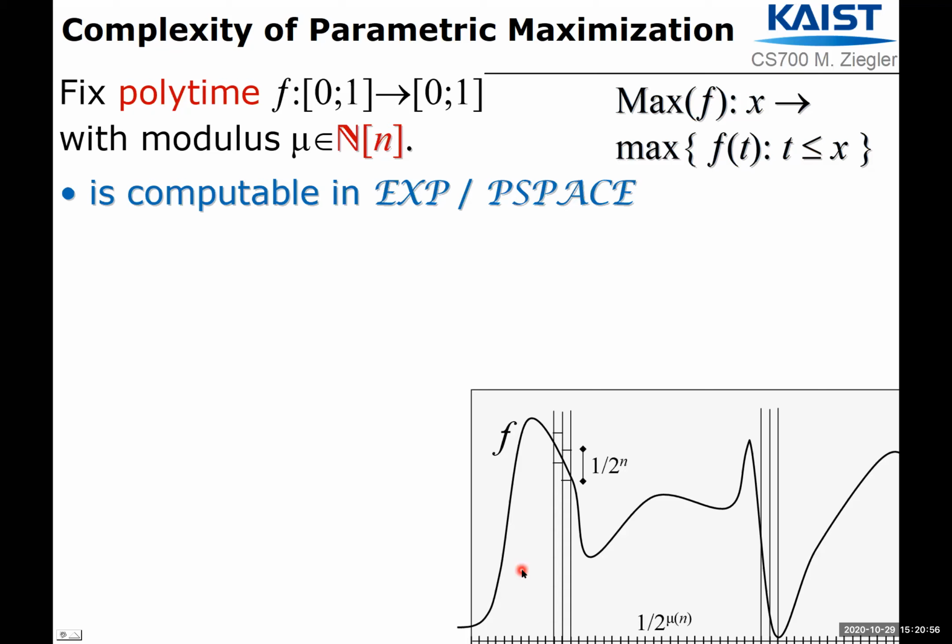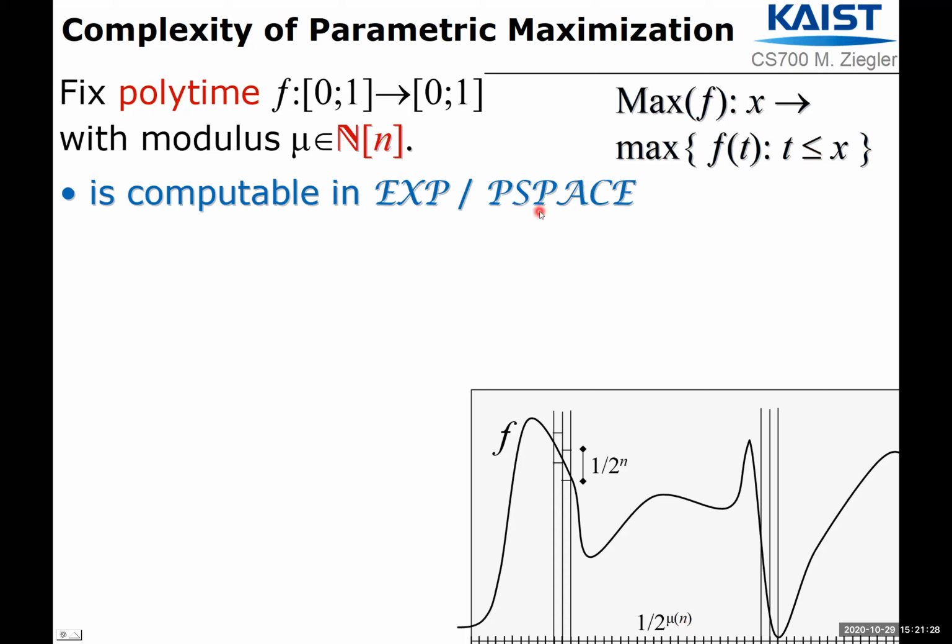And this is an exponential time algorithm because, well, there are exponentially many subintervals, right? 2 to the mu of n subintervals of size 2 to the minus mu of n. And now the hypothesis enters that mu of n is a polynomial, so that the number of subintervals is 2 to the polynomial in n, which is exponential. That's the bad news, but which is better than doubly exponential. That's the good news. And actually, the better news is